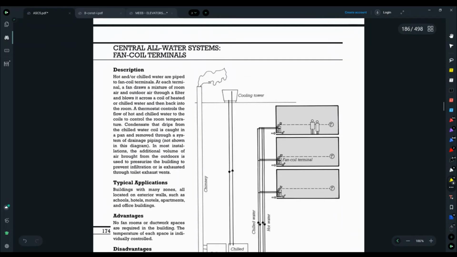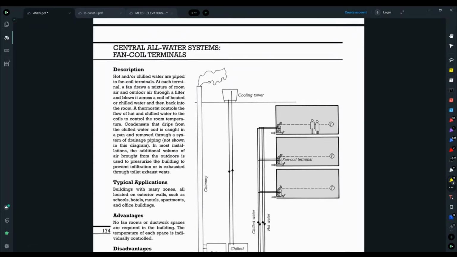Just go through this. Hot and/or chilled water are piped to fan coil terminals within the space shown here. At each terminal, a fan draws a mixture of room air and outdoor air through a filter and blows it across the coil of heated or chilled water and then back into the room. A thermostat controls the flow of hot and chilled water to the fan coils to control the room temperature. Condensate that drips from the chilled water coils is caught in a pan and removed through a system of drainage